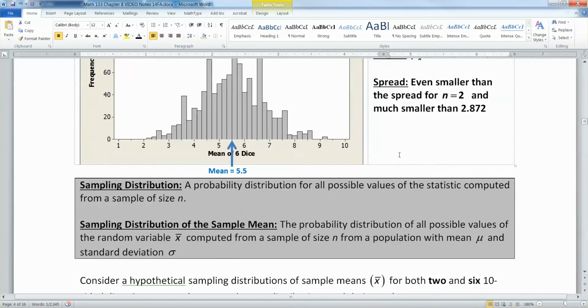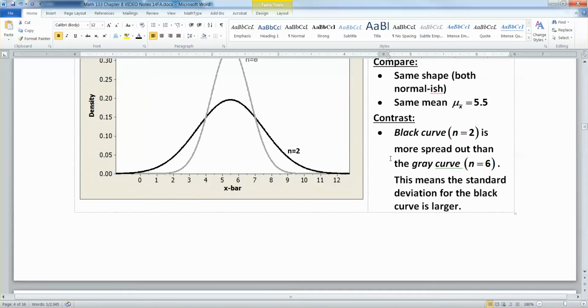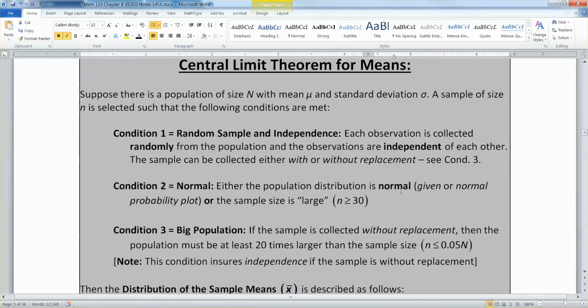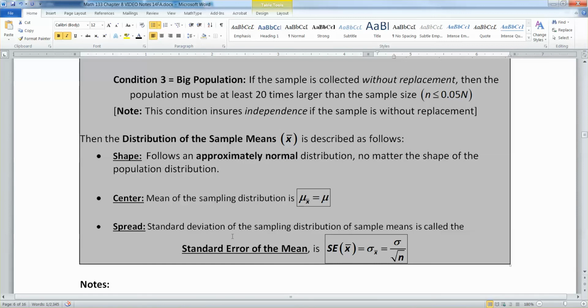And then the spread. So we can see that spread is changing. That was the contrast part from this problem here. So the spread is getting smaller, and there has to be a formula for it because mathematicians love formulas. It's called the standard deviation of the sampling distribution of the sample means, which is a lot to say. So instead of that, they call it the standard error of the mean,